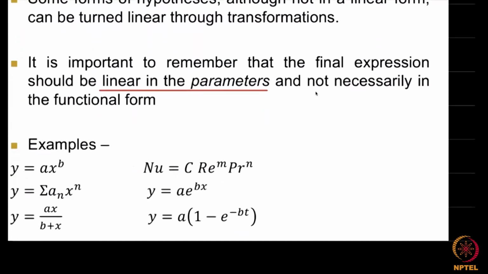Y equal to a x power b. Okay, so suppose we take this example. Y equal to a x power b. So now notice it is kind of linear in a, but this multiplies some x power b, so it looks non-linear. However, if we transform this and take a logarithm on both sides, we have ln y becomes ln a plus b times